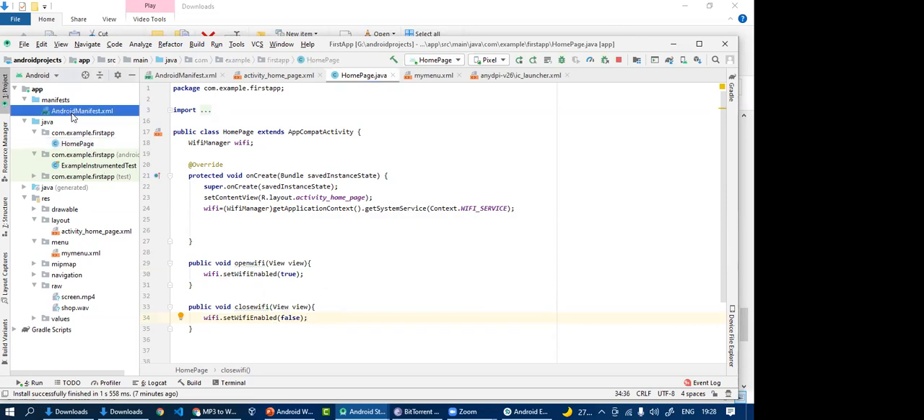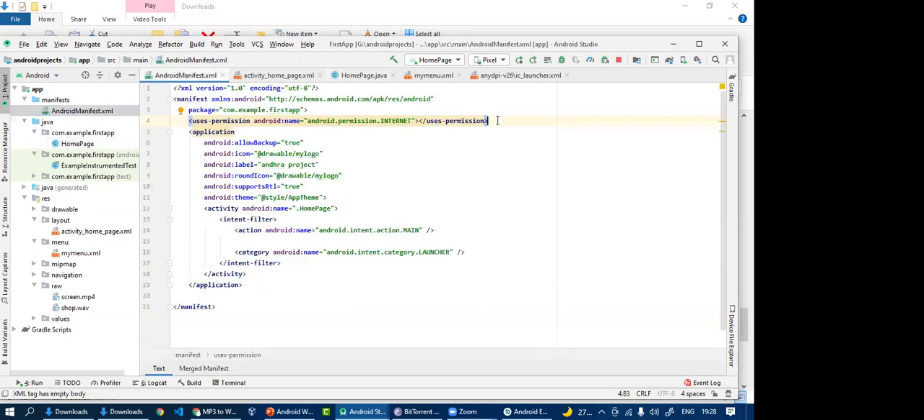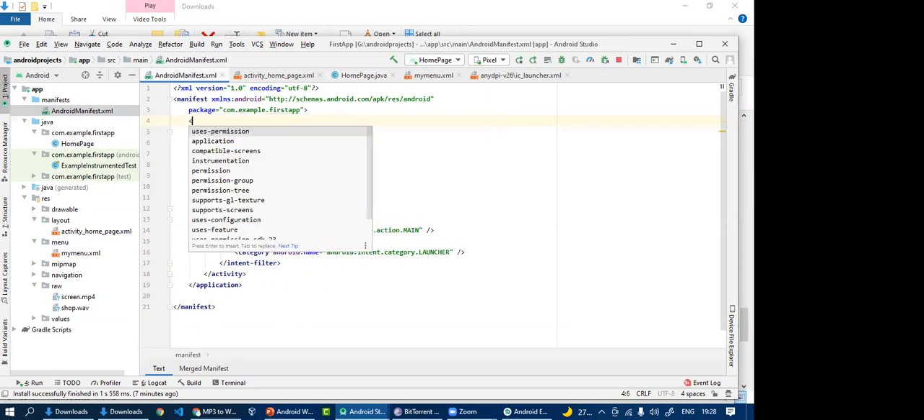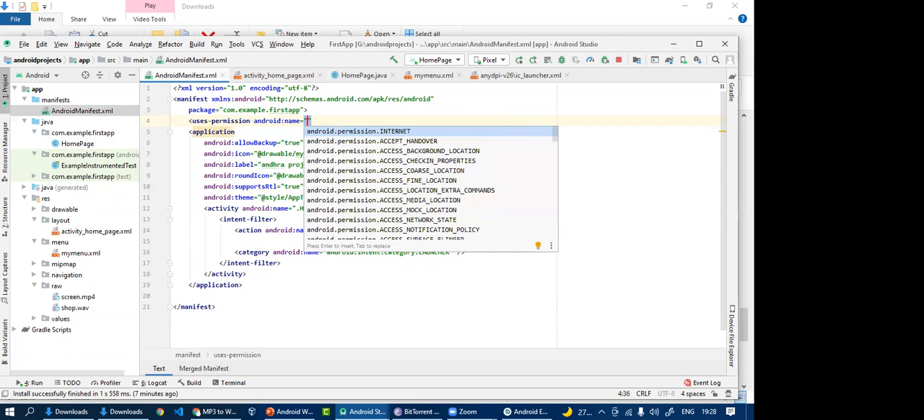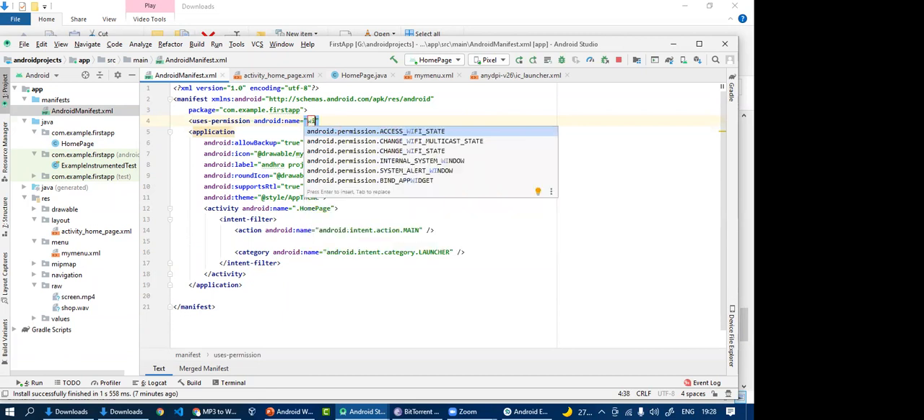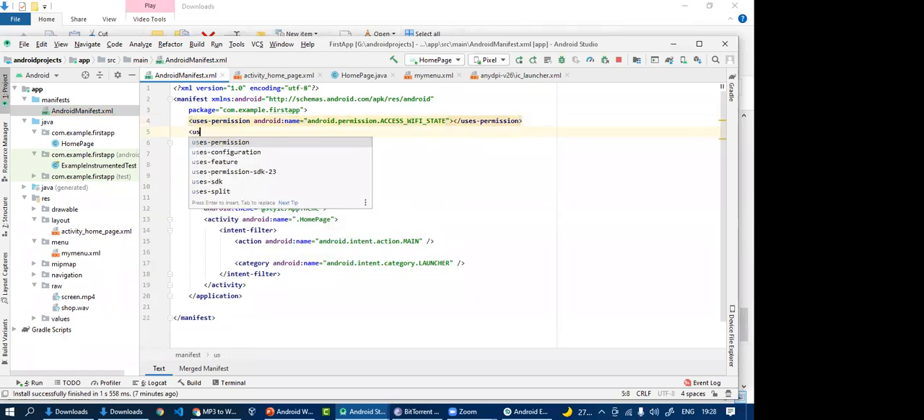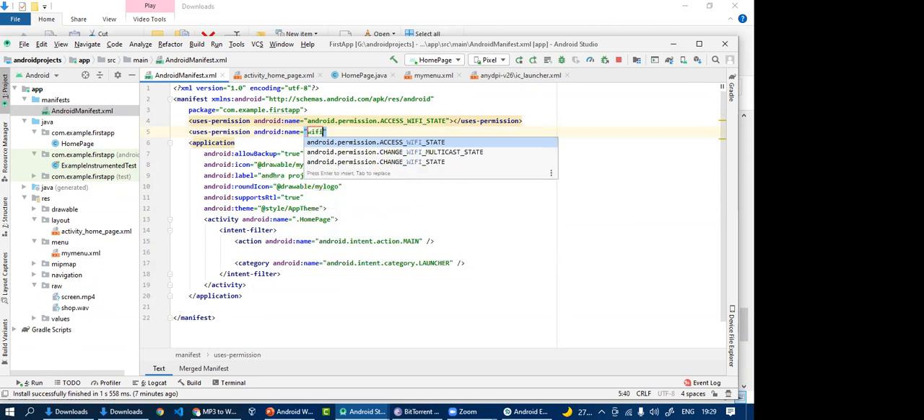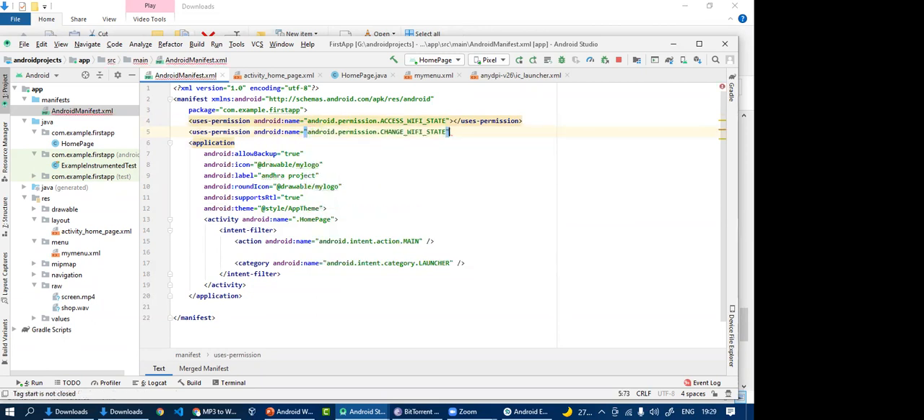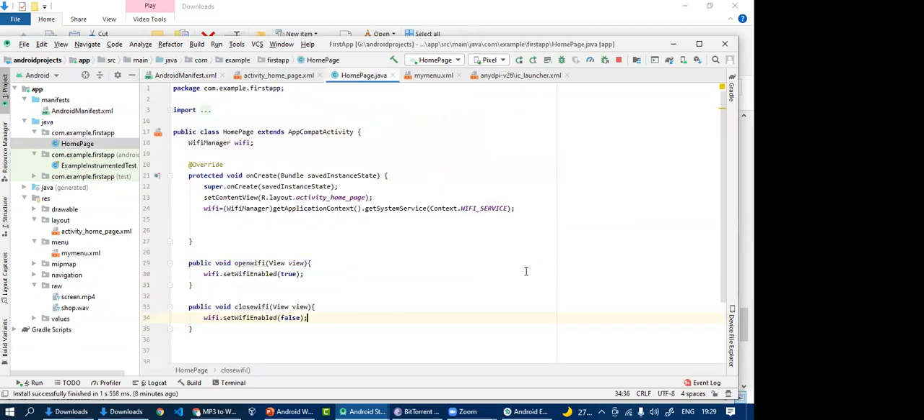And for that, we need to apply some permissions related to Wi-Fi. So this permission, Wi-Fi state, and then uses permission change Wi-Fi state. And when I run the application,